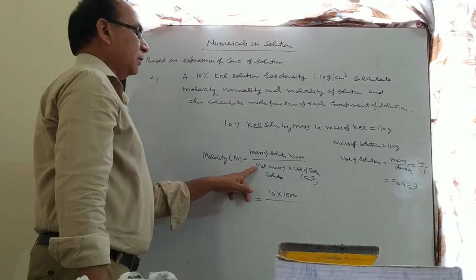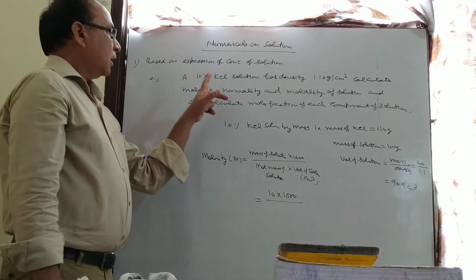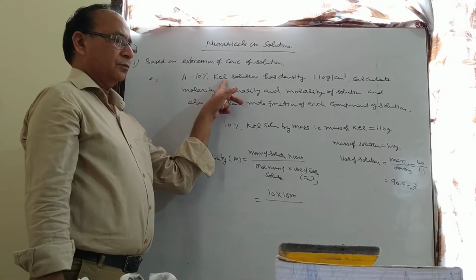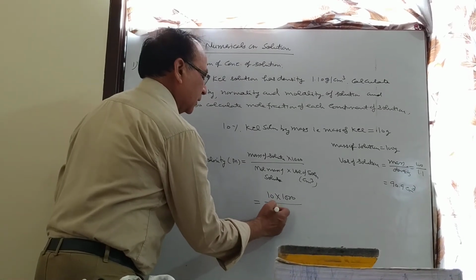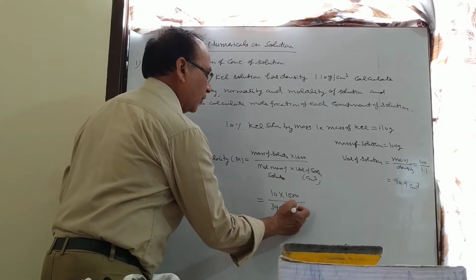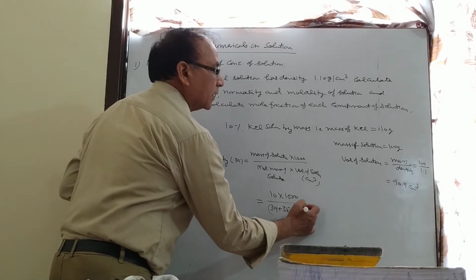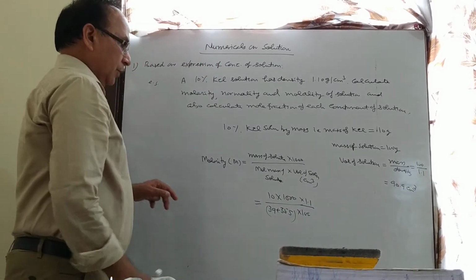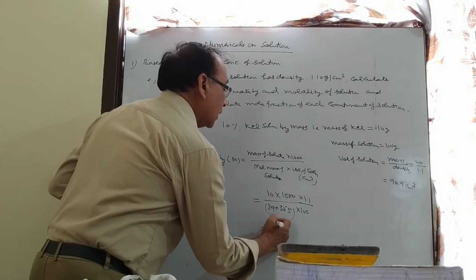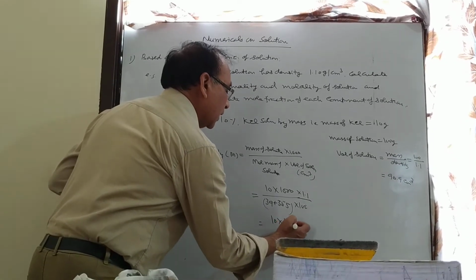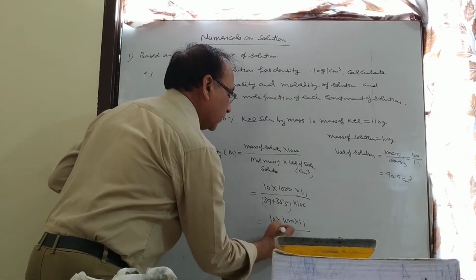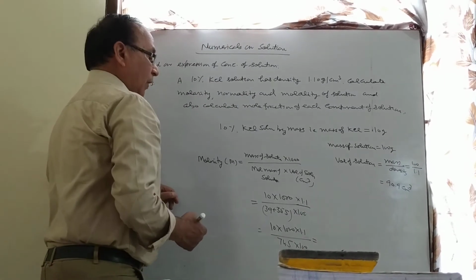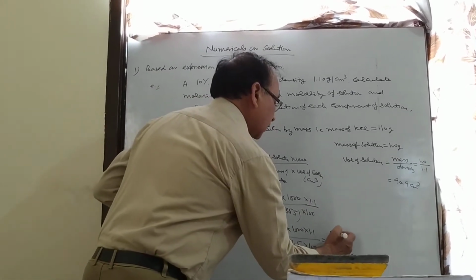Molecular mass of solute can be calculated by using the atomic mass of potassium and chlorine. Potassium atomic mass is 39 and chlorine 35.5, into volume of solution, that is 100 over density. So it is 10 into 1000 into 1.1 divided by 74.5 into 100. We can simplify it as 11,000